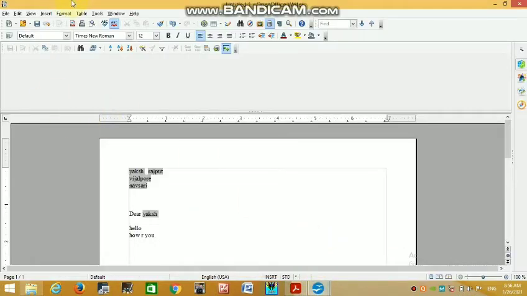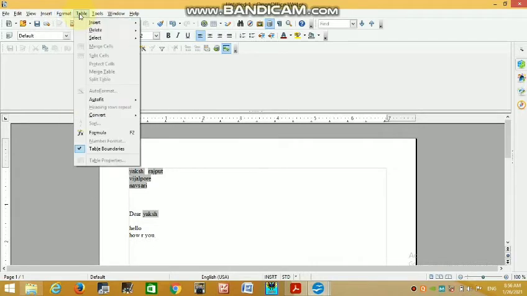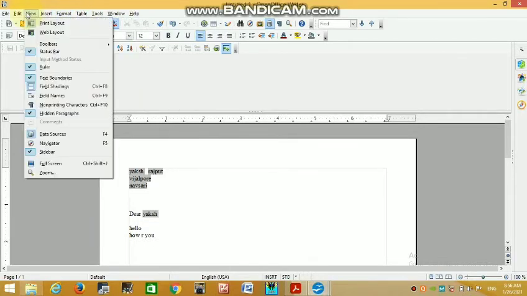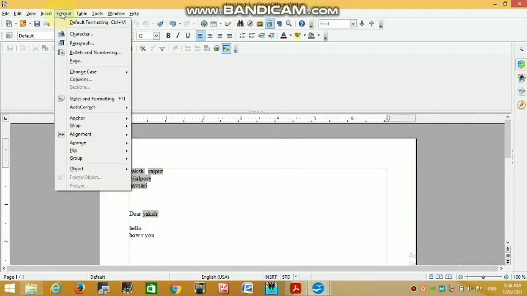See this is a format. You can format your letter from here.